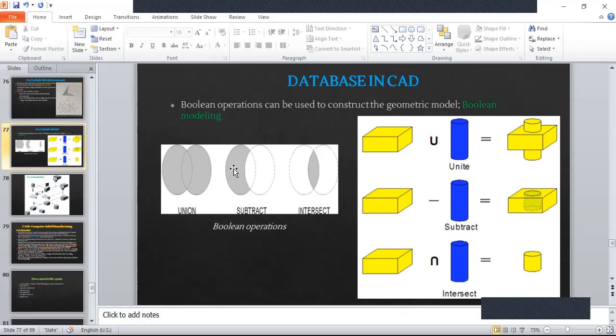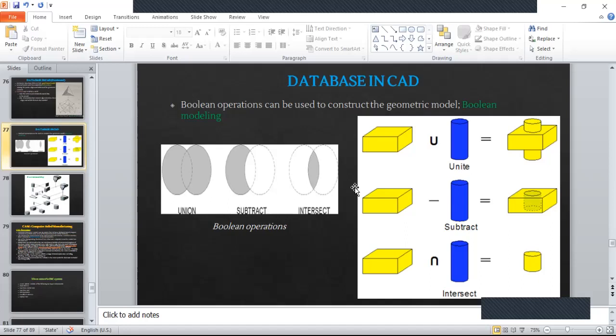Subtract will subtract one component from the other. If this is A, this is B, A minus B will subtract B from A, and vice versa, B minus A. Intersection has the common part. The common part that is there between two bodies will come under intersection. So those are your Boolean operations.